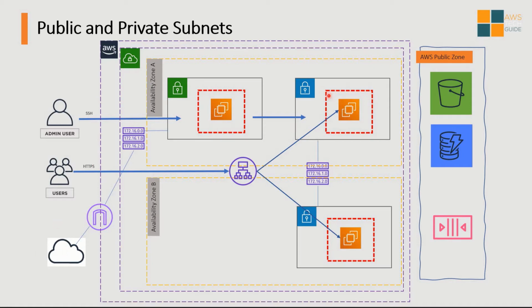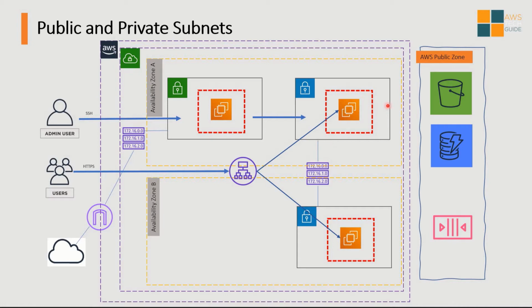Now, what about these private subnets? They are linked with a private route table, which doesn't have access to the internet. Now, why would you need access from a private subnet to the internet? The reason is,